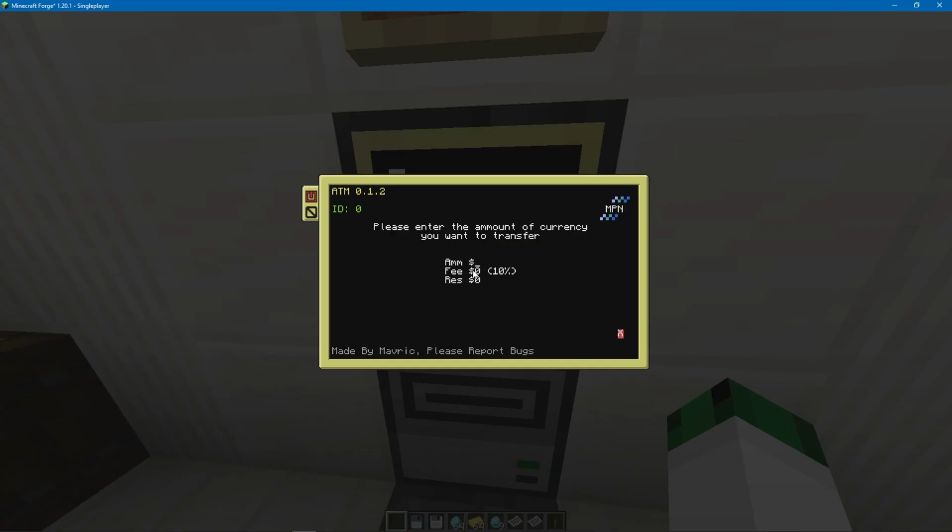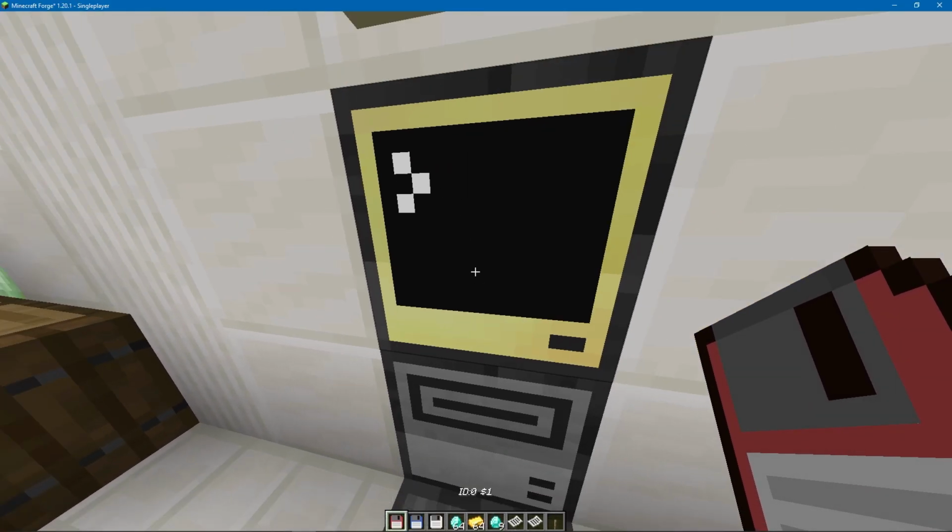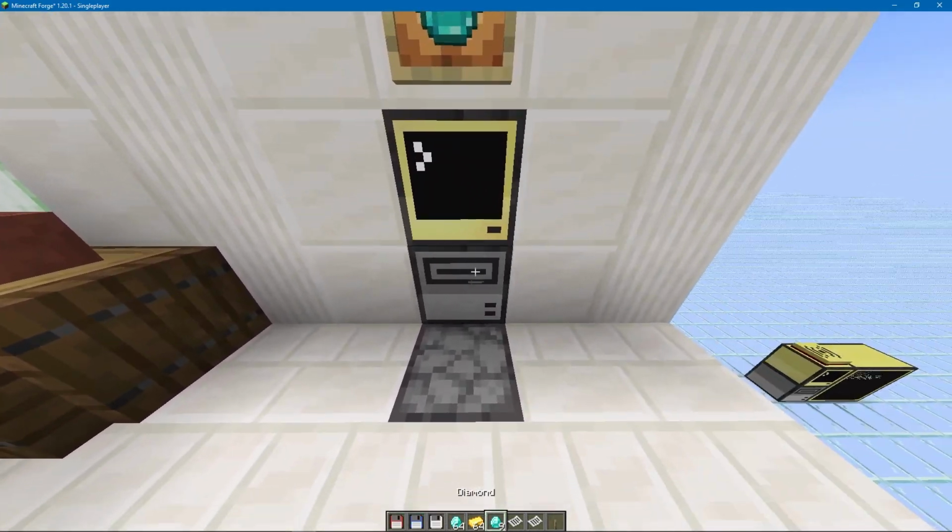I'm going to go $10 to account 1, and you can see right here that the reports on what's happening with the transaction is a lot more readable because it stays there for a while and it's written sequentially with some nice colors instead of just being overwritten by the next message. Now, what's really cool with this is